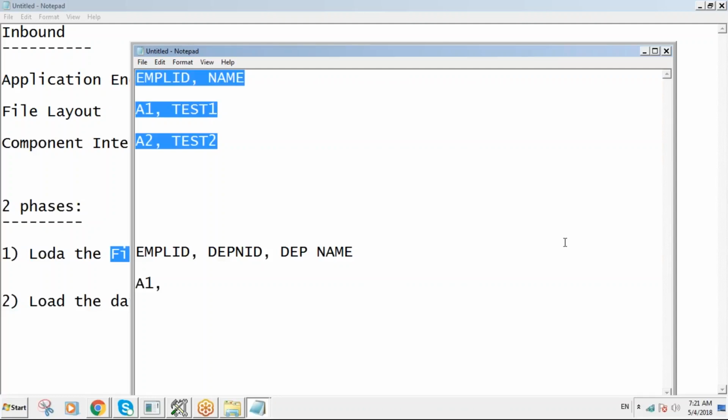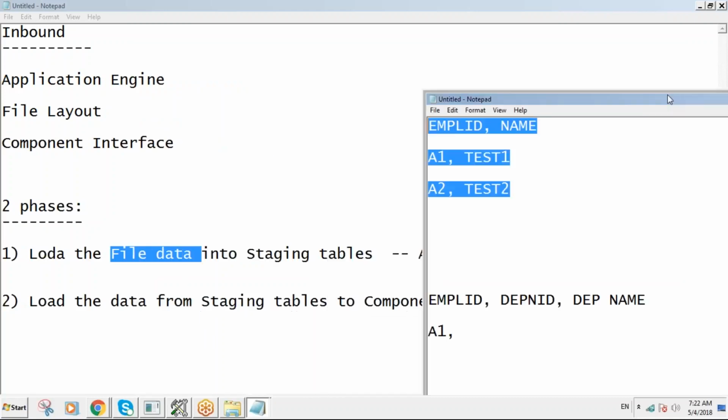You are getting a file from the third party. Your file will be in the file server. Your application engine is in your application server. That means here we are interacting between the servers for each and every transaction to collect the data and load the data, collect the data and load the data, by performing all the validations. Sometimes some miscommunication happens, some failures happen between the servers, performance issues may occur. That's why in the very initial step,